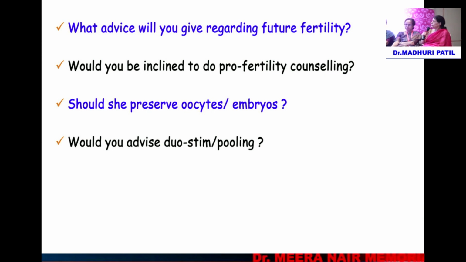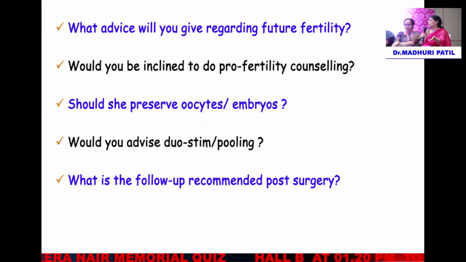If you get less, you can do a second cycle of stimulation. And in this case, it really doesn't matter because we are not worried. We need not do a dual stim. We can even go for a second stimulation after a month or 2 months, whenever she's feeling comfortable. There's no urgency to it. And preserve whatever we have.